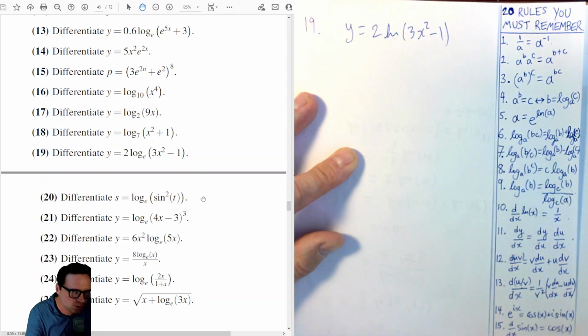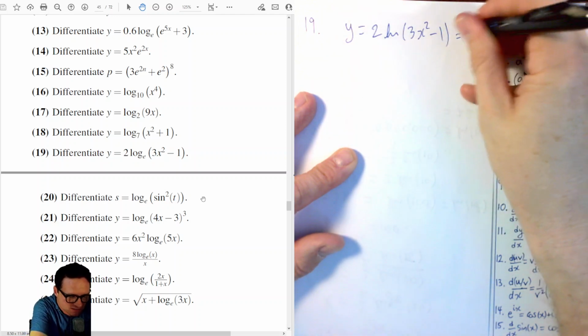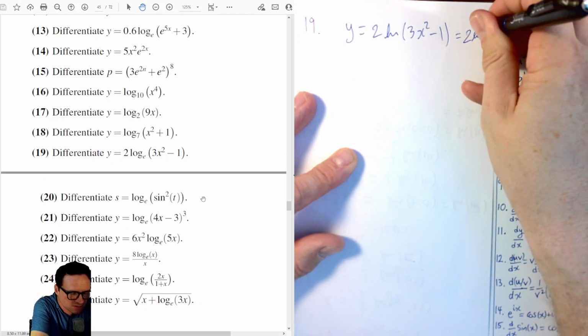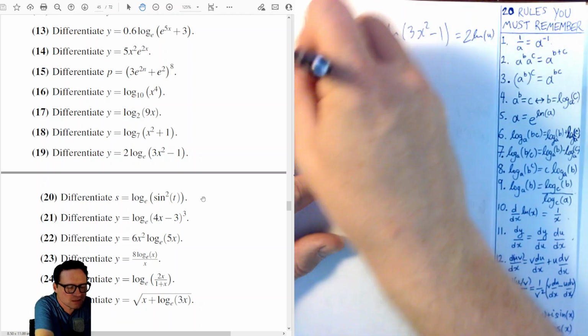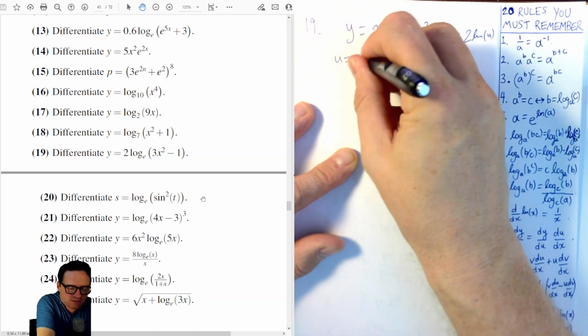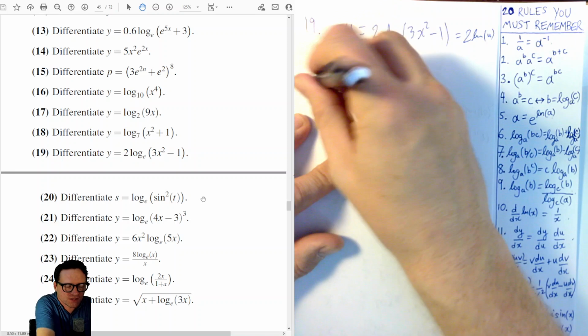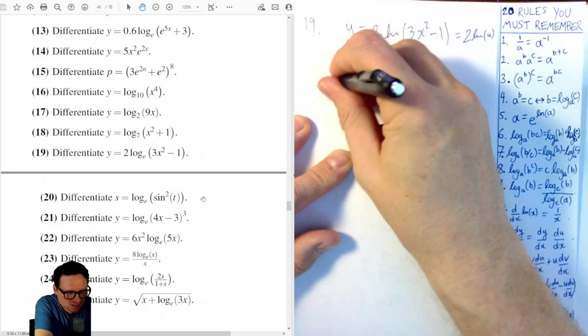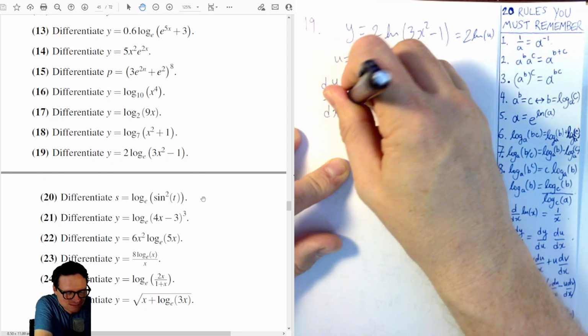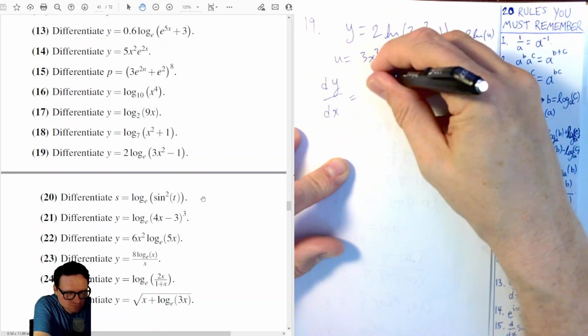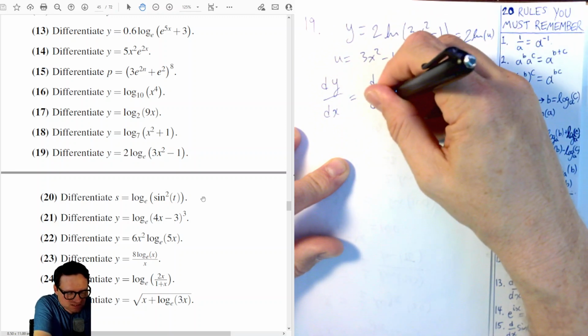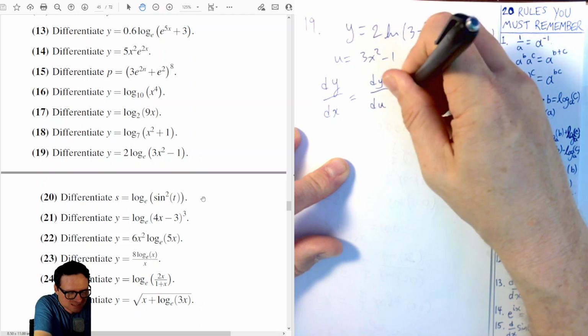And let's say u equals 3x squared minus 1, so this is 2 ln of u, where u is 3x squared minus 1. Okay, using the chain rule here, dy on dx is dy on du times du on dx,